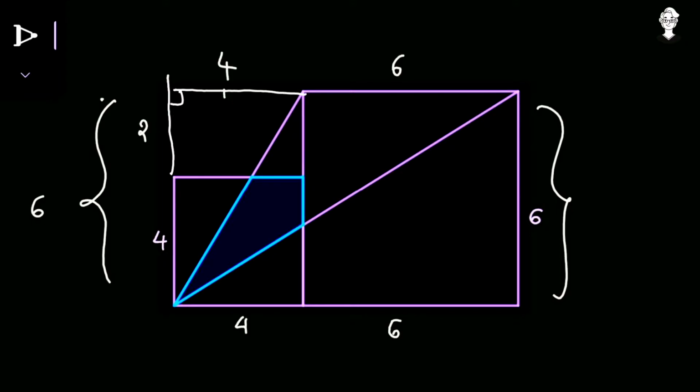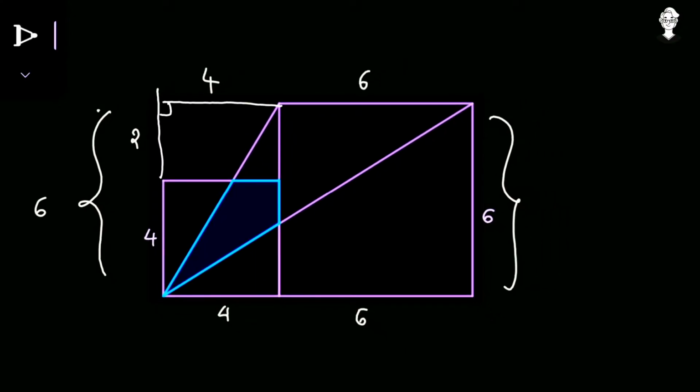This is equal to 4 because this and this are going to be of the same length, because these are all perpendicular, so this ultimately happens. Okay, so all the markings we have done and all these corners are going to be 90 degrees, so let us mark that also. So here this corner 90 degrees, that also 90 degrees, over there also 90 degrees, over here also 90 degrees, over there also 90 degrees.